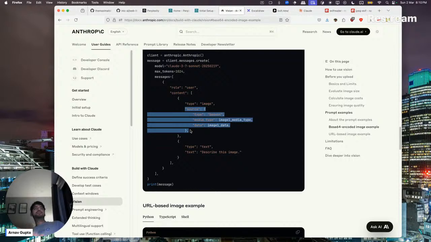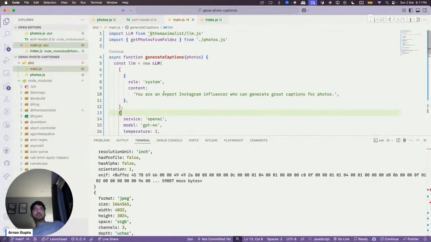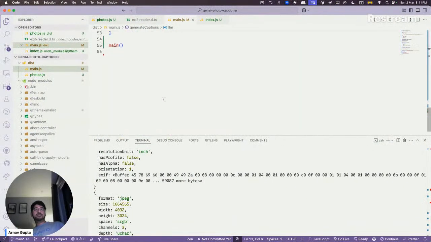I would attach it like source like this. Okay. I think I did something wrong here. Source and then type. Okay. Let's see. Did a small thing wrong here.